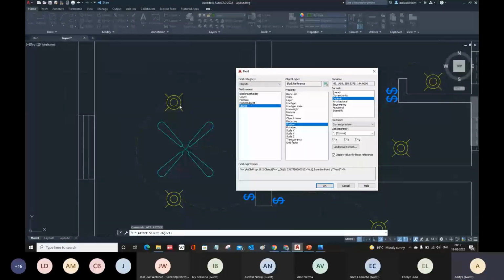I want to show in the current unit, and the current unit system is feet and inches. You can see in x this is 7 feet 5 inches, 7 feet 5.1495 inches. Y this is 29 feet, and then Z this is 12 feet. So which is the current value of this object. And here we have the coordinates, like you want to show the coordinate in X and Y only, or Z as well.